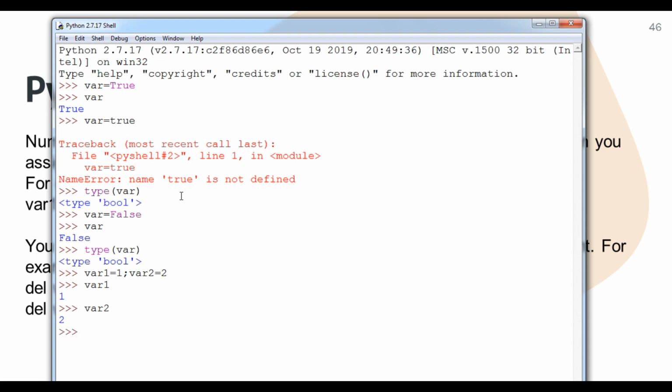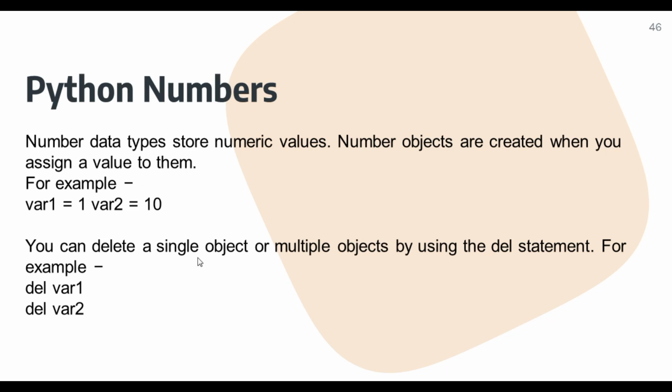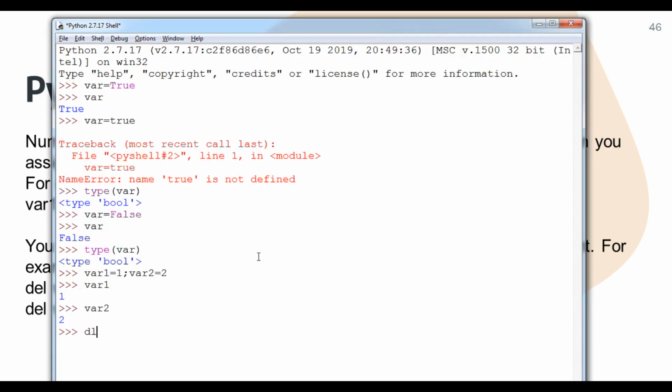Okay, so if I want to erase the memory location, say delete that particular variable, what happens? Suppose I am going to create a program, and inside that program I have used a huge number of variables. That time I can delete a particular variable to release the memory location, to make my program faster. So what to do, student? Look here, you can delete a single object or multiple objects by using the del statement. Here is the example del var2, var1, so we are doing the same. So del var1, within round brackets, then var1. So now you can see that I have deleted var1.